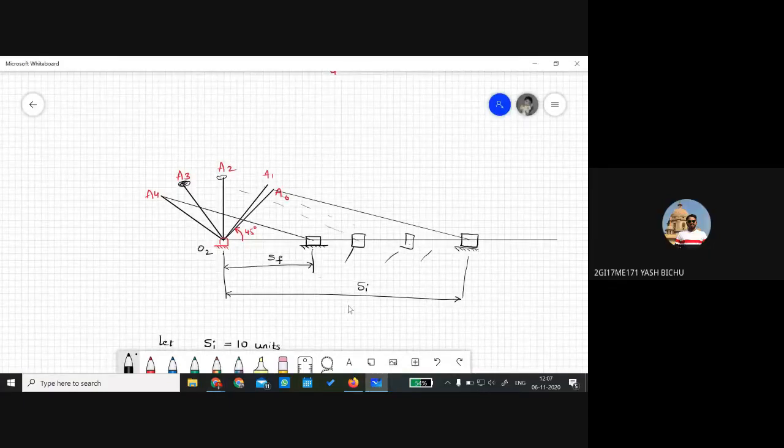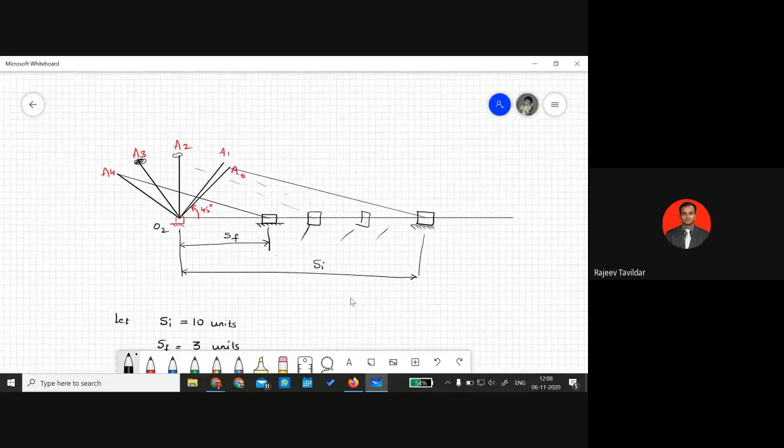Yes, yes, sir. Yeah. So this is the last problem which we have solved. I'm just refreshing it. So as I said, for every different position of the input link or the crank, we get the different positions of the slider. And if you observe that the distance of this slider, or whatever I've written SF or SI, that is measured with respect to the pivot point of the input link. Okay, so this is the pivot point of the input link. From here, I measure the slider distance. Okay, so if I'm taking for the first position, then I'm going to write it as S1. If I'm taking the distance from the second position slider, then I write S2 and so on. Okay, so this was the problem.